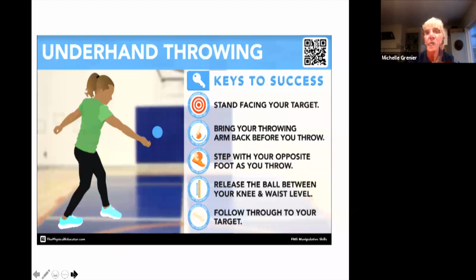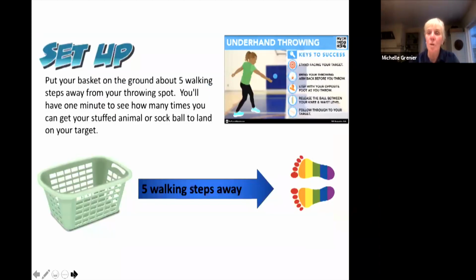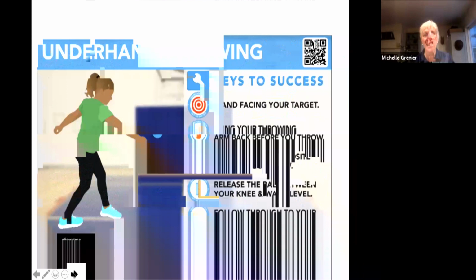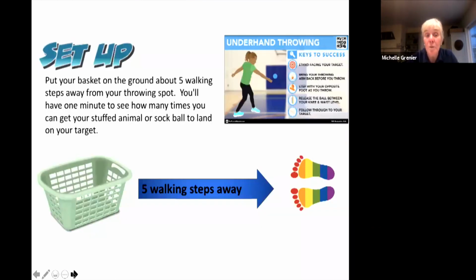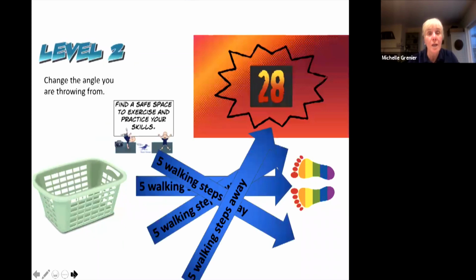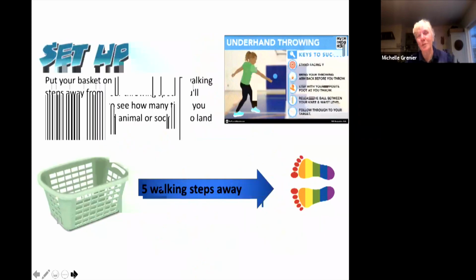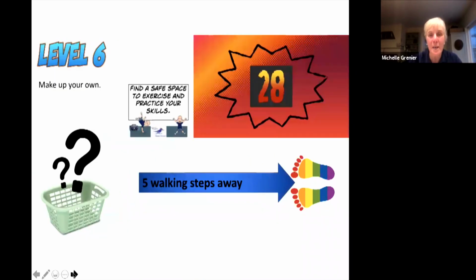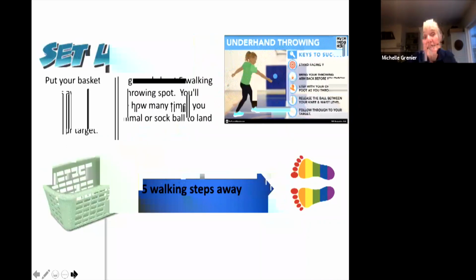So another example of representation. Within this, he starts simply. We're looking at progressions. Just start with your laundry basket, take 5 steps away, and give it an underhand toss. Recognizing that might be easy, maybe you can try the opposite hand, or we can challenge, you can throw it a little bit further. You can move in different directions, take it from the side, move to the right, move to the left, walking backwards and a distance.